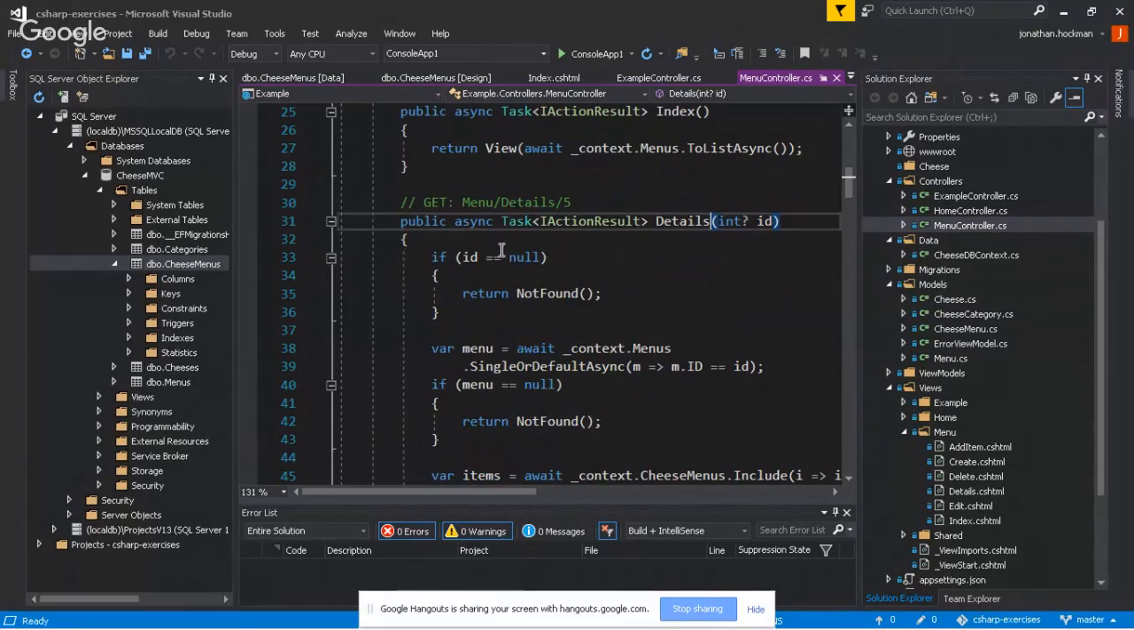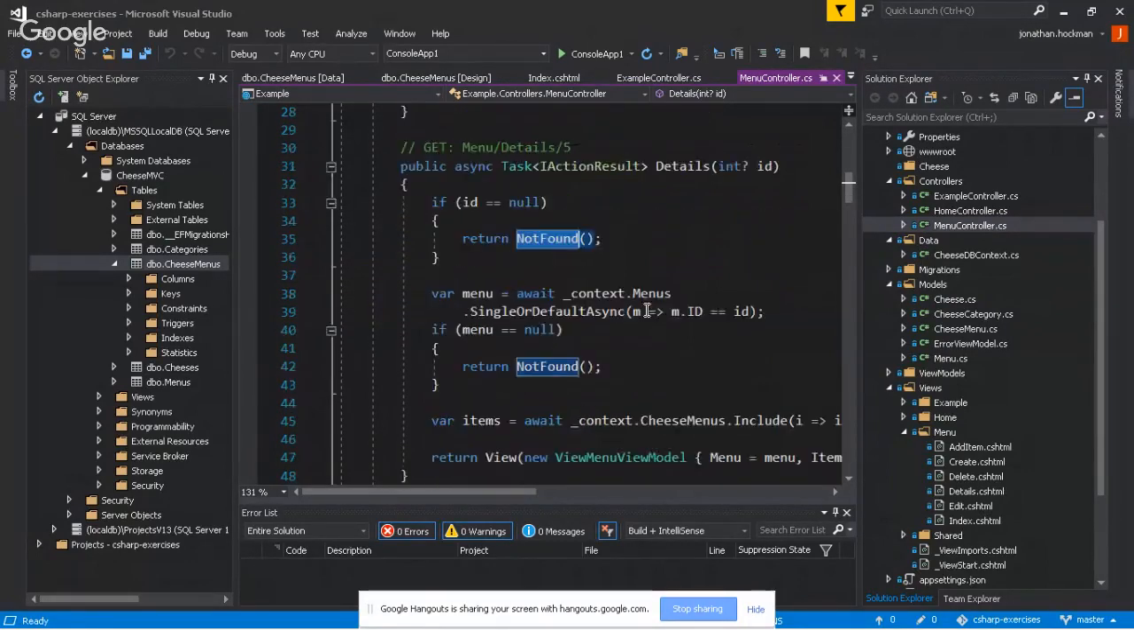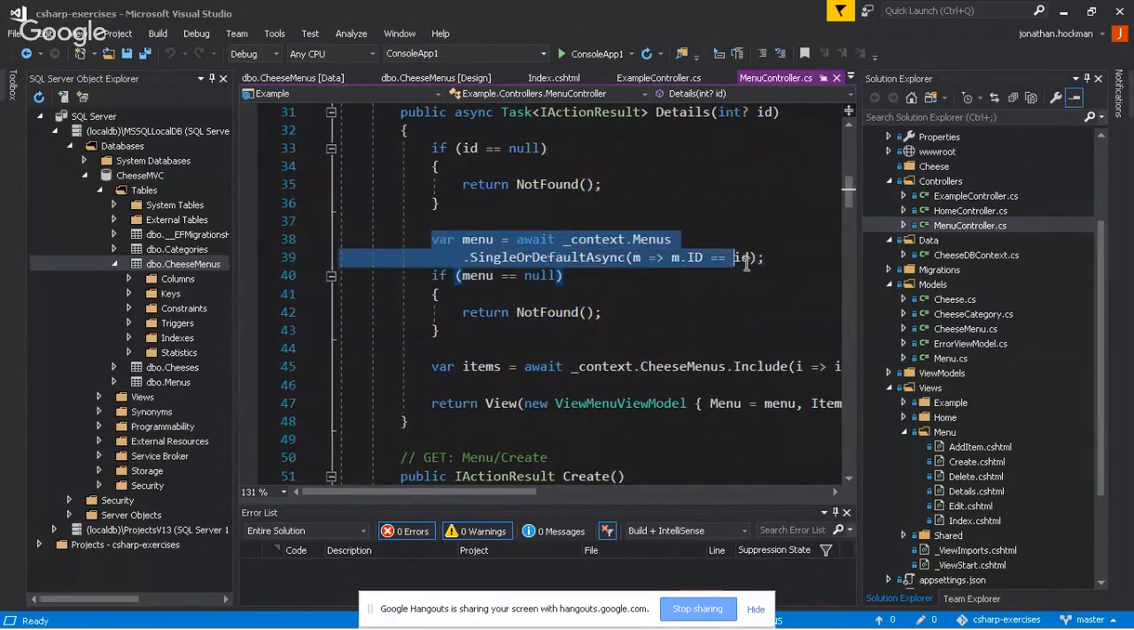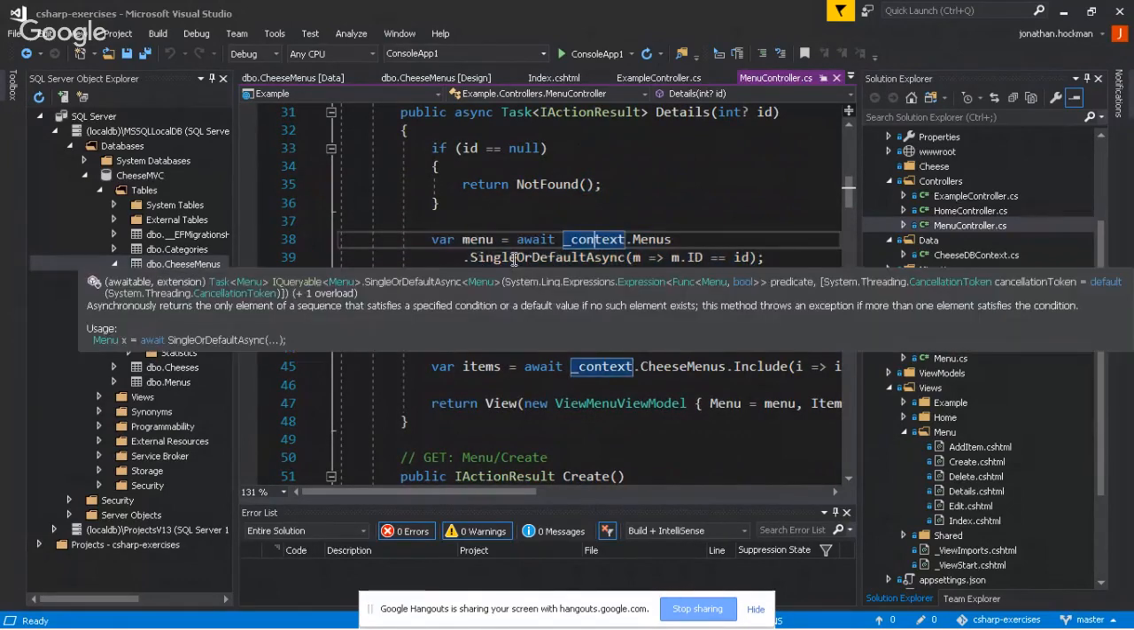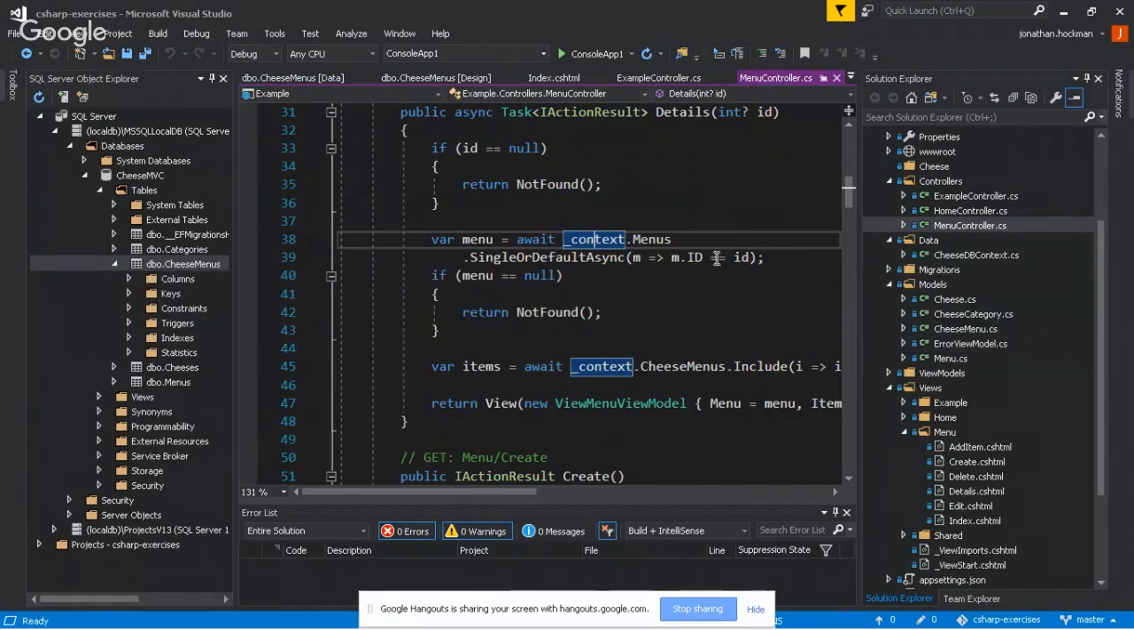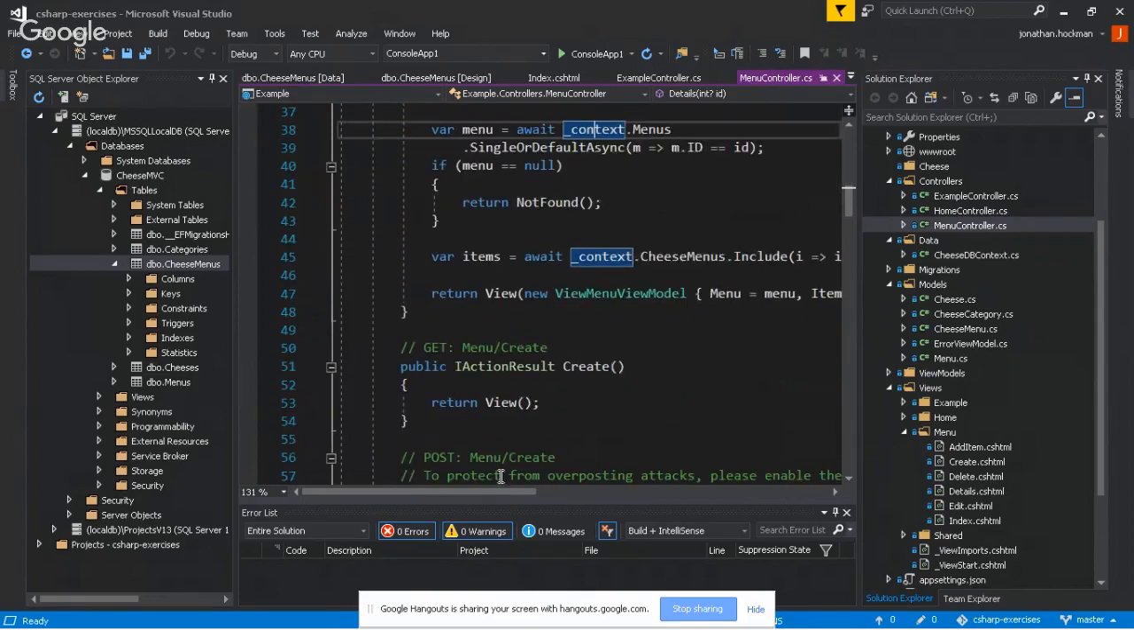They make it nullable, they check if it's null, return a not found if it's not there, and then they have another async call using single, but they call SingleOrDefaultAsync. And I mean, it's basically the same thing they did, single, where the menu ID equals the ID that was passed in here. If it returns nothing, it's not found. Otherwise,